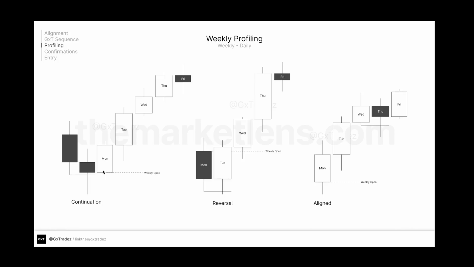So it would happen early on in the week. The expansion wouldn't happen Wednesday. It wouldn't happen Thursday, right? It should happen almost immediately, right? So this is that continuation sequence going from weekly to daily. Here is where the low of the week is formed from a daily swing formation. Pretty simple. And this is the aligned version where the daily or the weekly candle expands away from the opening